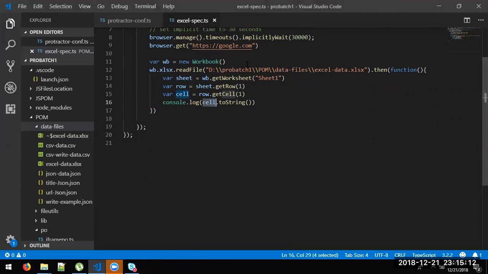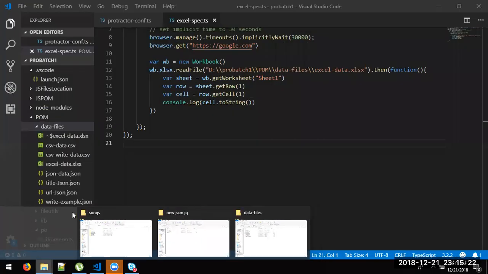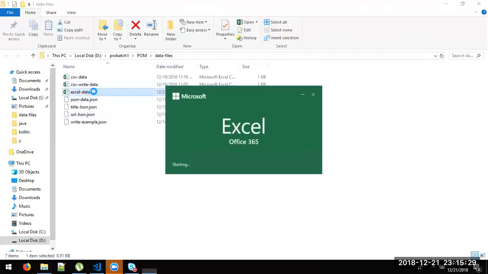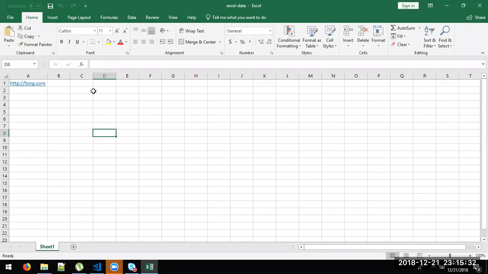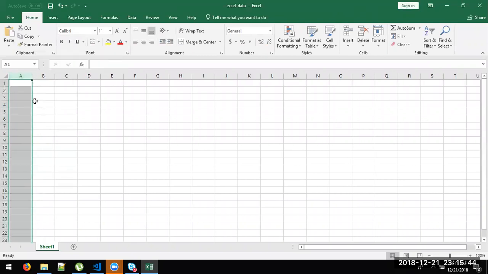For example, let's edit this Excel file and add some more values. I'll remove the total row so that it will not have anything. So for example, if I say something,